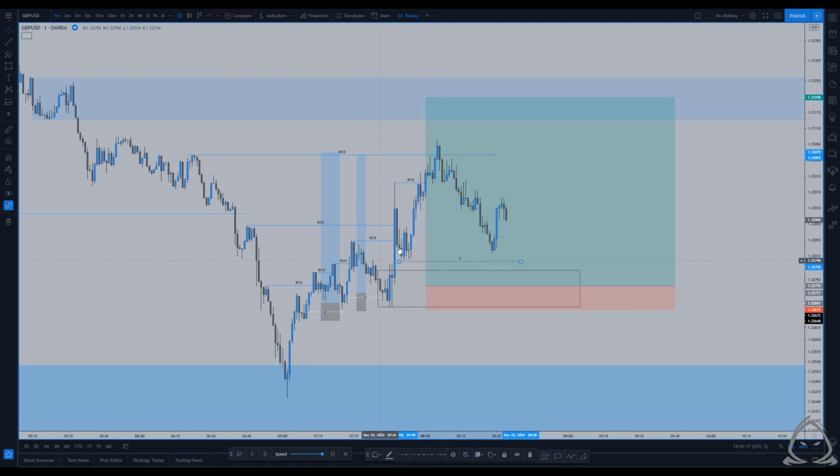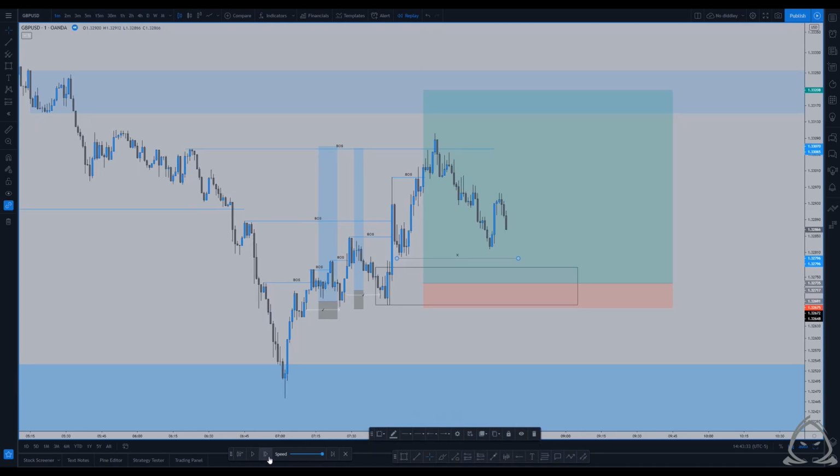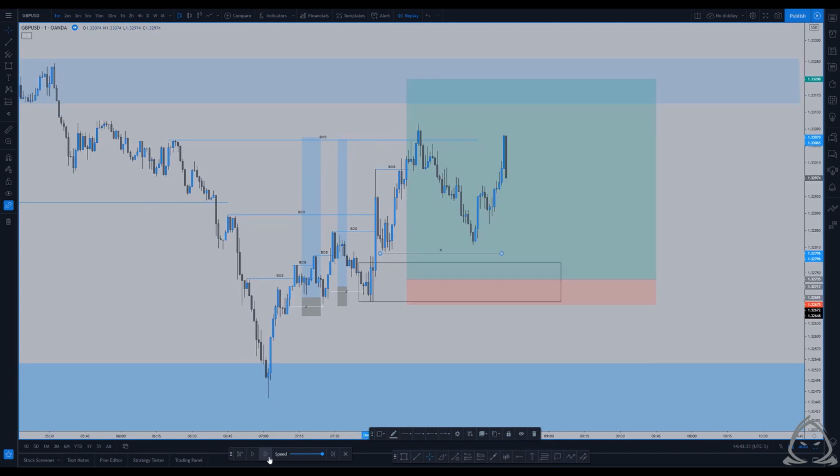So we can take the theory and the concept of liquidity being generated here and just expand it even more here. We're just really drawing on more liquidity that is being created above the order block that we're looking to enter at. So that just improves the quality of the order block that we're looking at. And we can see price gets a nice push away. And if we're just looking at this on a 1 minute time frame, we can see that we had our swing high here. It broke with a wick. We have a decisional order block right here,